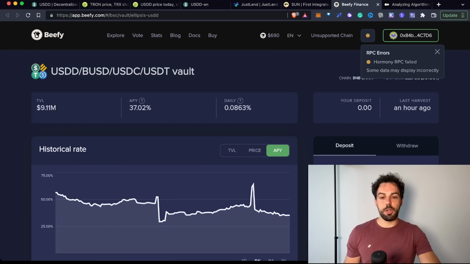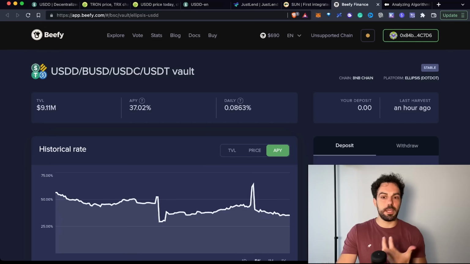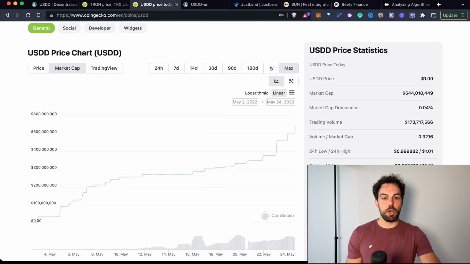What could be a point in favor of USDD? First of all, it is a quite small stablecoin, so it is much easier to defend a peg for a stablecoin that is just around 500 million. The amount of money needed to defend a peg for this amount of stablecoin is quite low. On the other side, the gain from trying to attack this kind of stablecoin is also too low. At the same time, the project is quite young, so it could be a risk because we still don't know how it will behave.